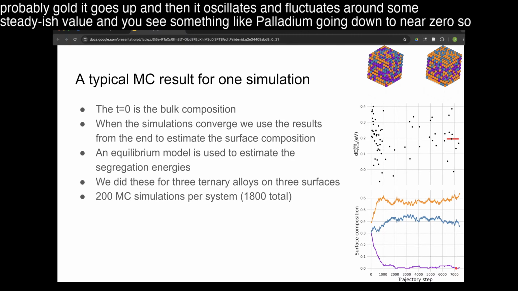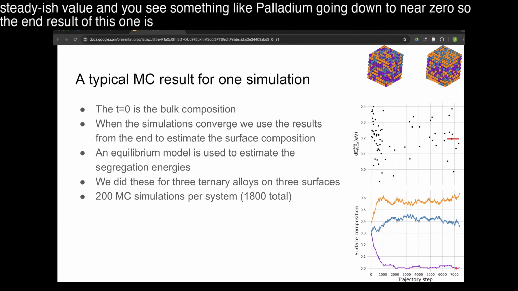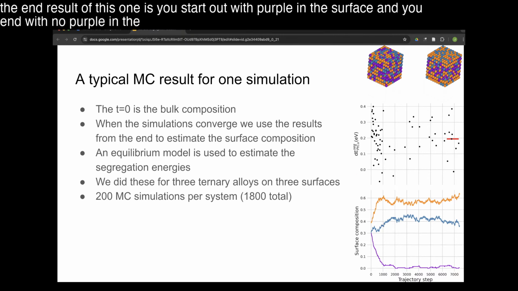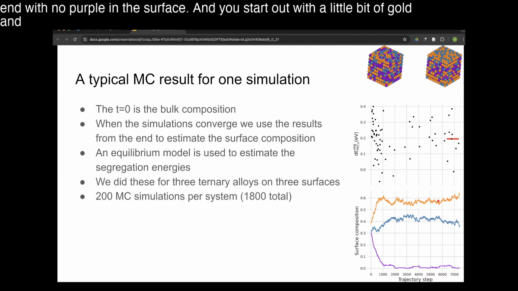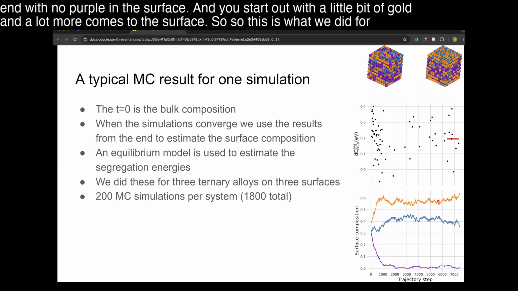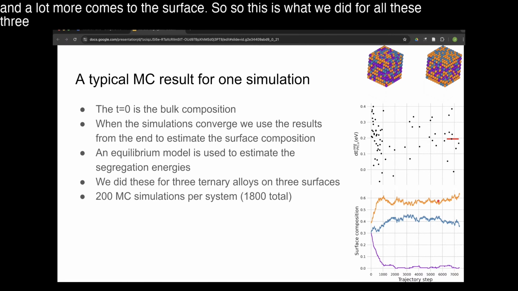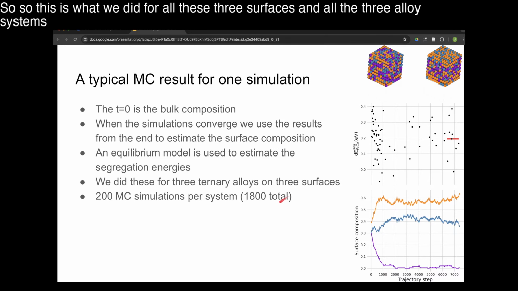So the end result of this one is you start out with purple in the surface and you end with no purple in the surface. And you start out with a little bit of gold and a lot more comes to the surface. So this is what we did for all these 3 surfaces and all the 3 alloy systems, about 1,800 in